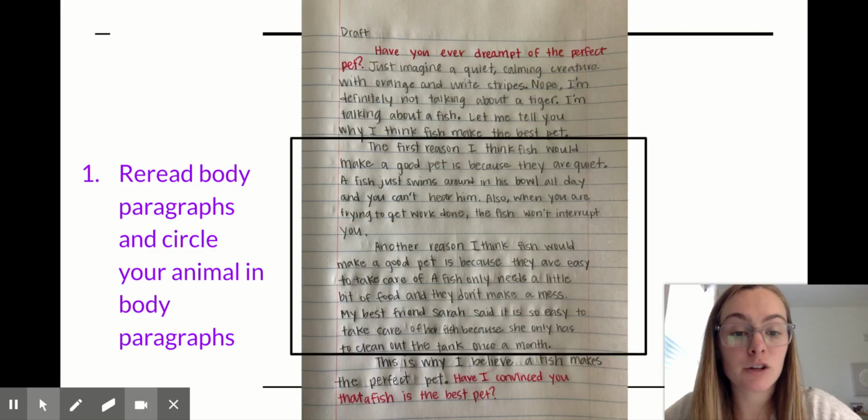I'm going to circle it with a different color. I'm going to circle it with red so I know they really stand out and I can see where they are located in my body paragraphs. Let's get started. Please follow along as I reread my body paragraphs that are marked in the square. The first reason I think fish, there's the first spot I see my animal, so I'm going to circle it,